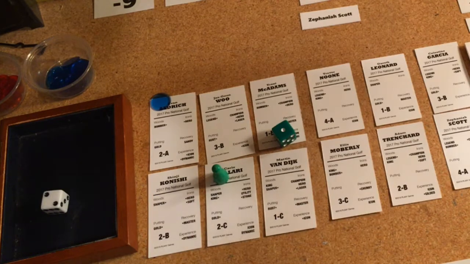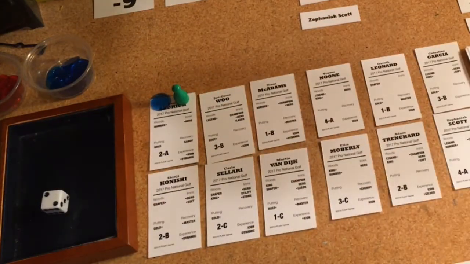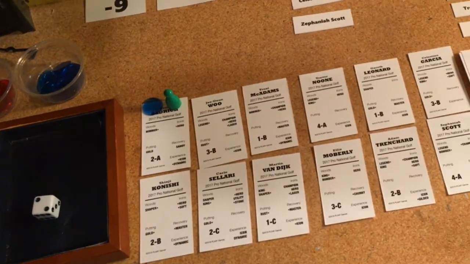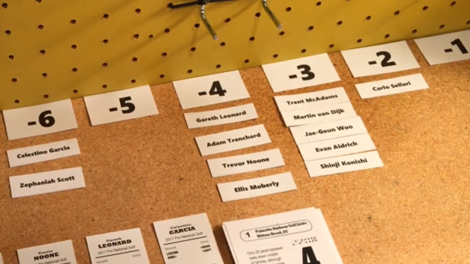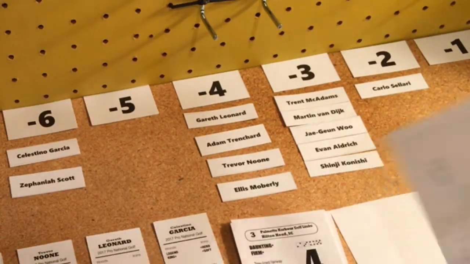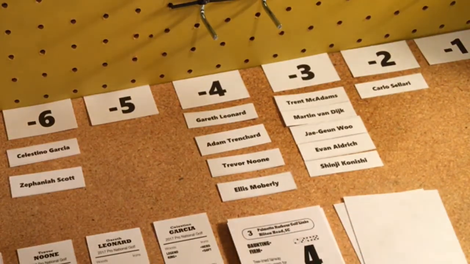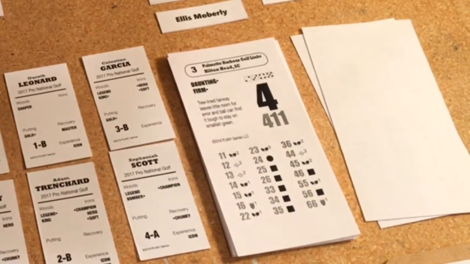And so we are through 2 groups here. Let's keep it moving right along. We'll take a look at the leaderboard here, since we're sort of at the turn of a hole. Woo at -3 stays there, as does Solari, who stays at -2. And so now we go to hole number 3,